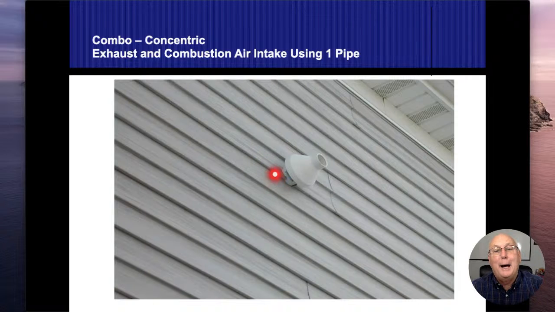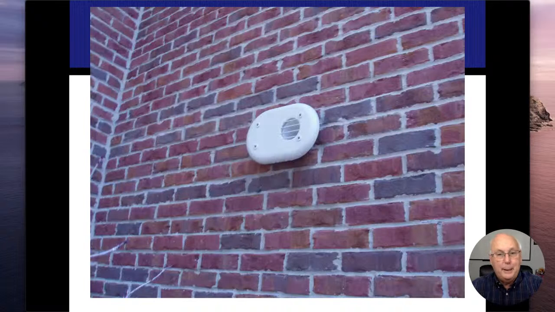So the area behind here is where my combustion air is coming in, and then of course my exhaust is coming out of the point here. So I'm still using both pipes, even though I'm only seeing one on the outside. The flat panels, same thing. Around the outside edges, up here is where we're drawing in our combustion air, and then our exhaust air is